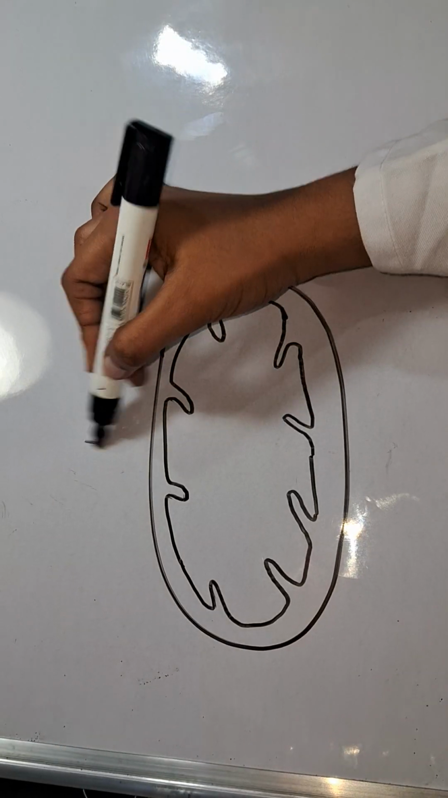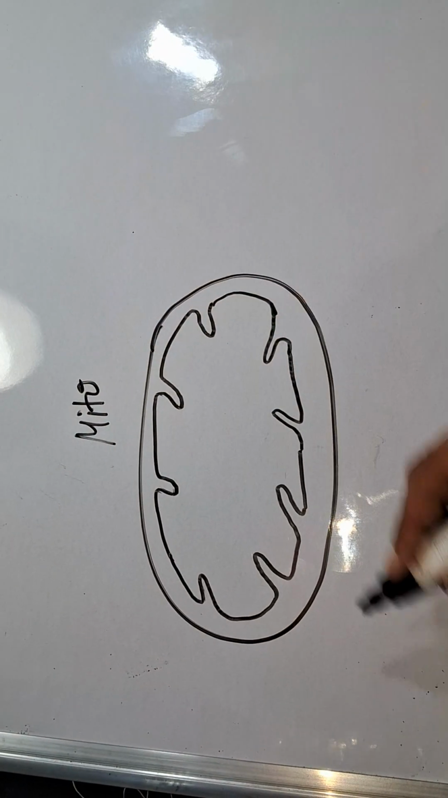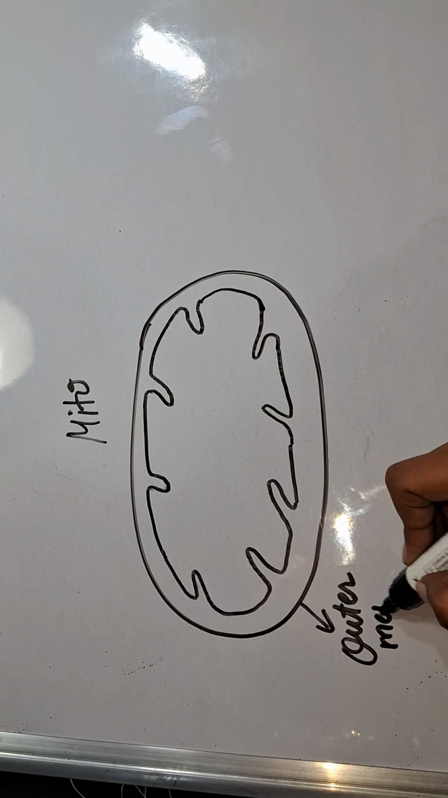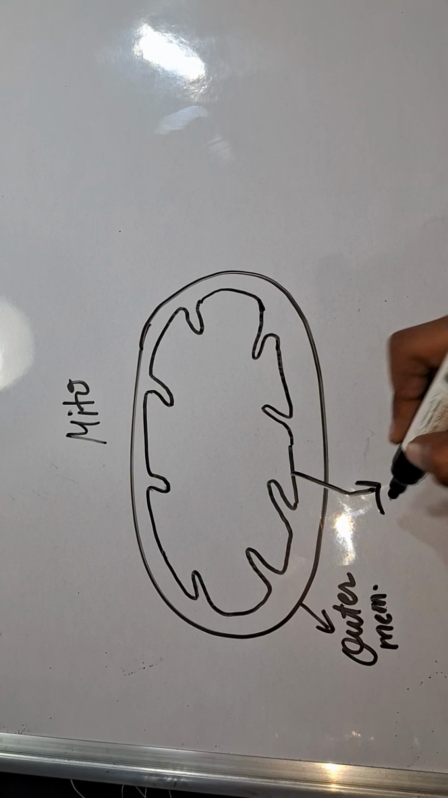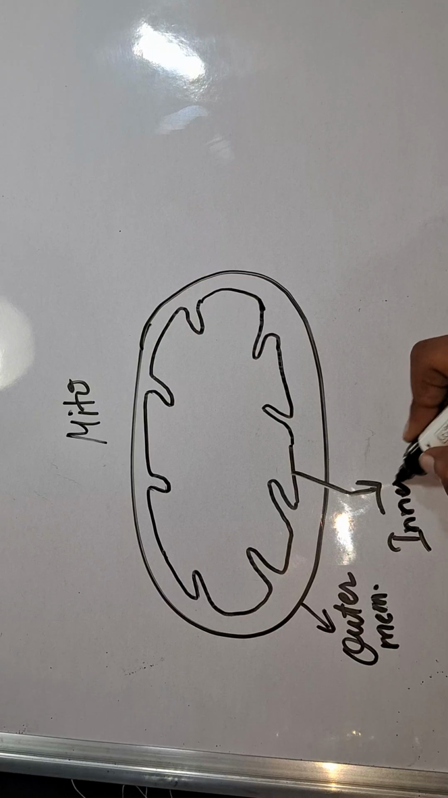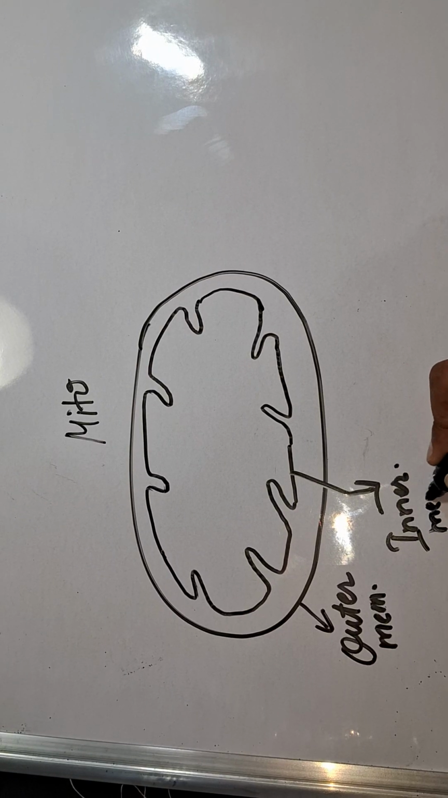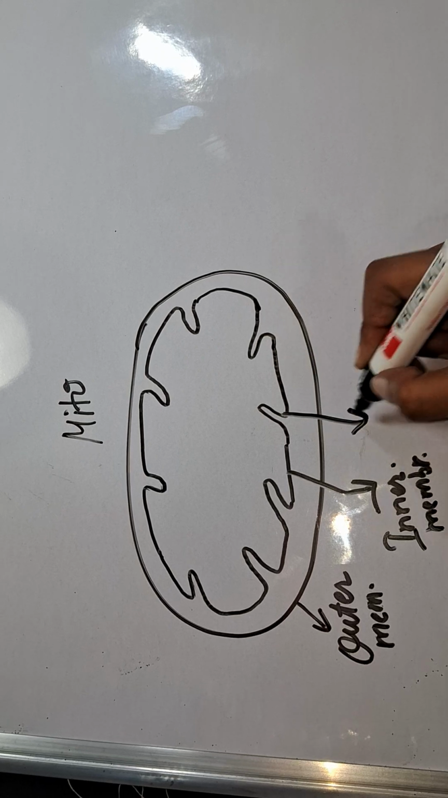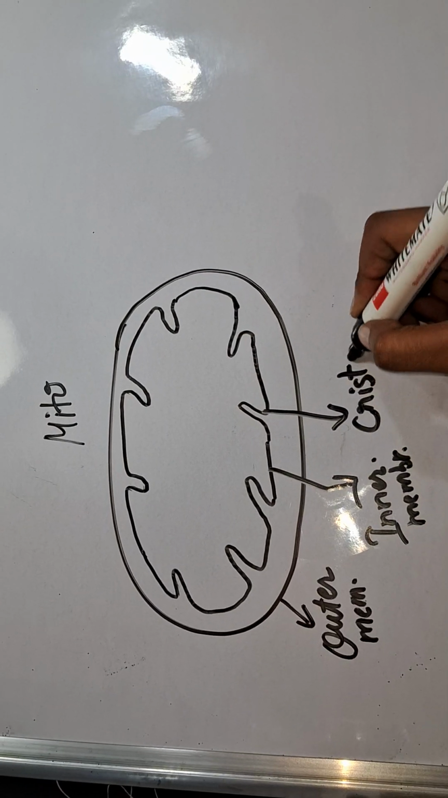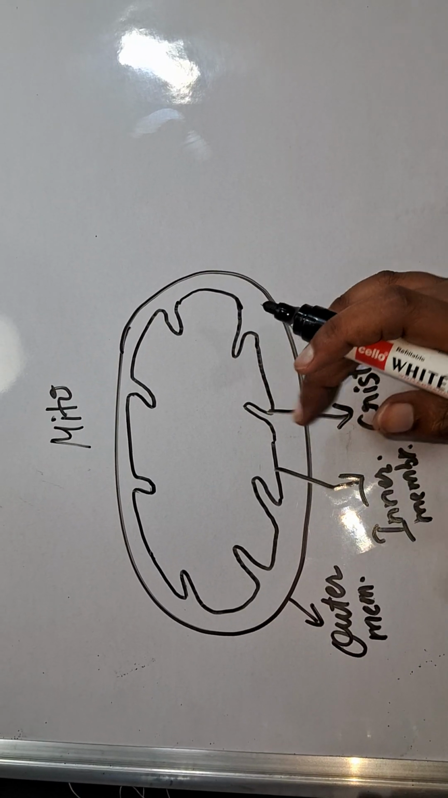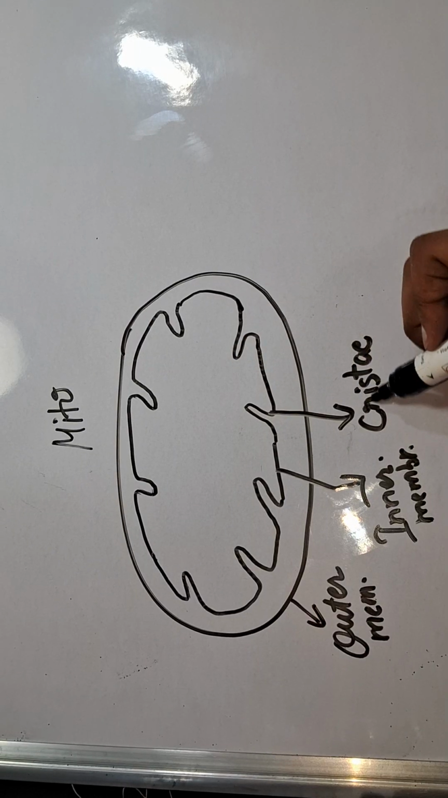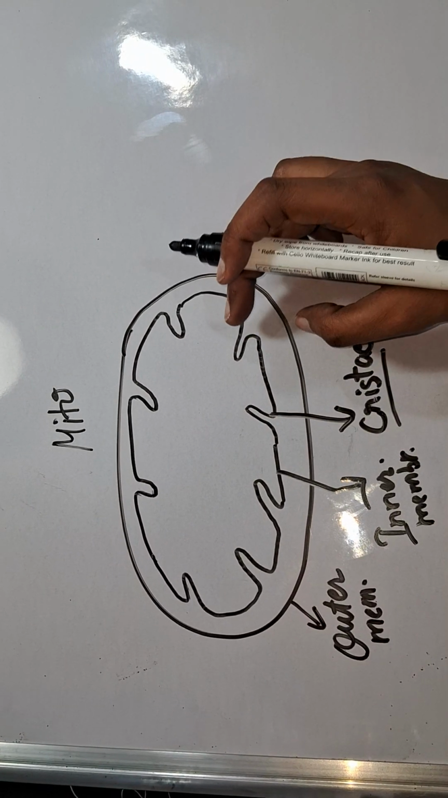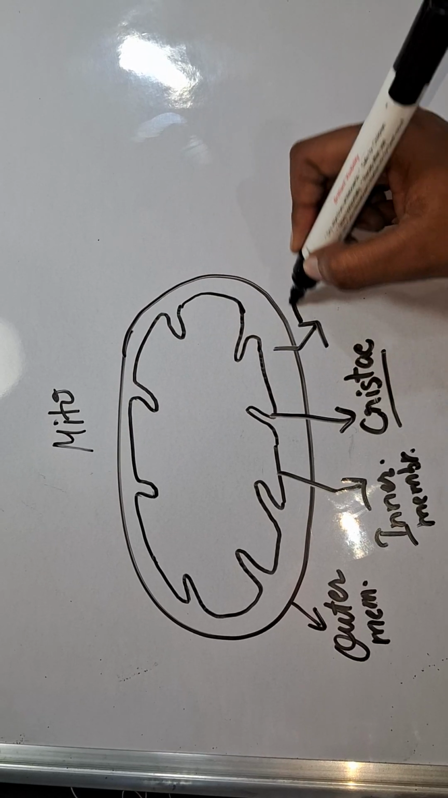This is the structure of mitochondria. Outer membrane, inner membrane, cristae. The inner membrane is projected inward, so these structures are known as cristae. And the space between the two membranes is known as